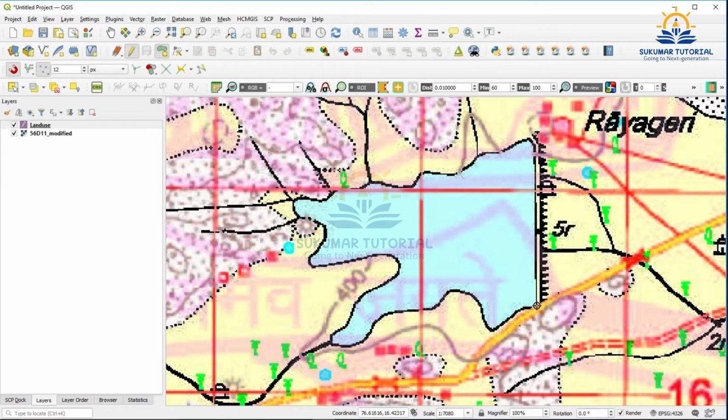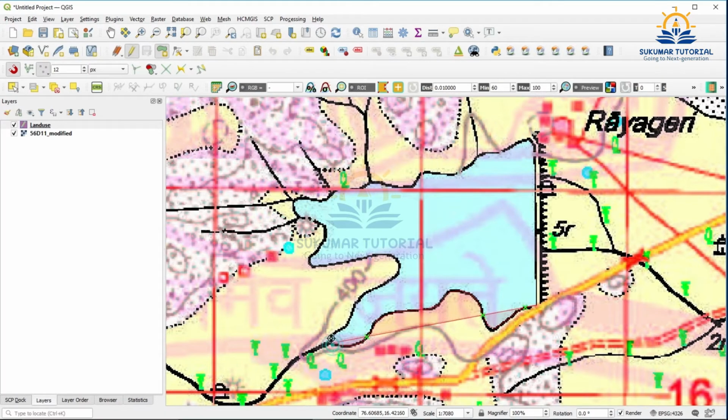I am using my left mouse, clicking here and tracing, that is digitizing over the reservoir area. First I am clicking the reservoir. Just like how you trace with tracing paper, in the same way you have to digitize carefully over the boundary.